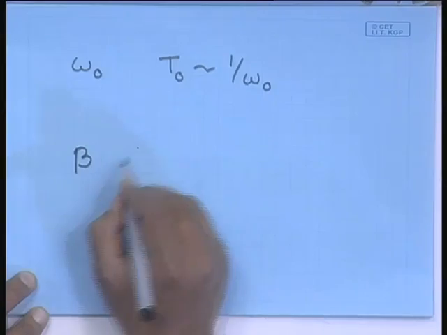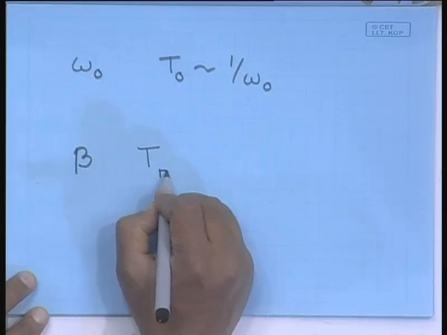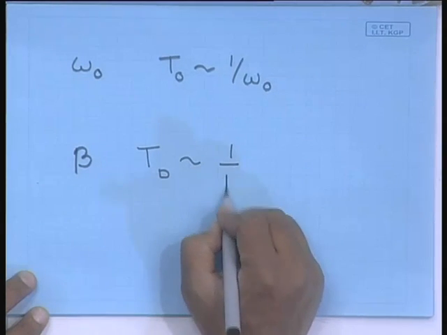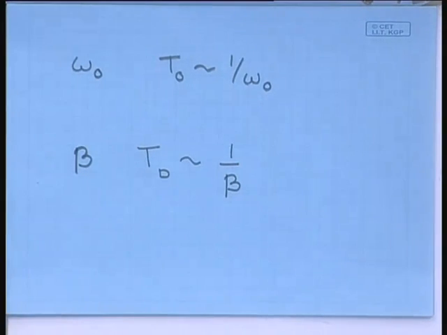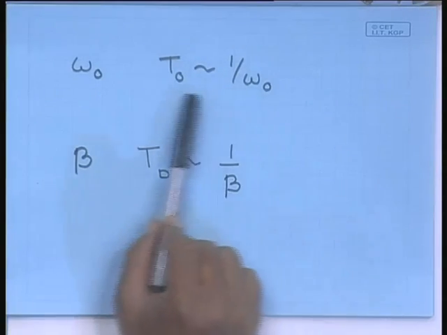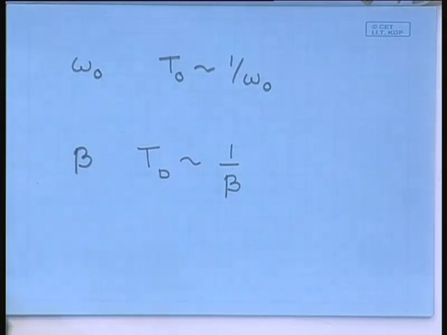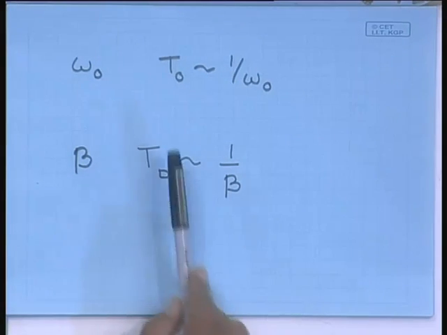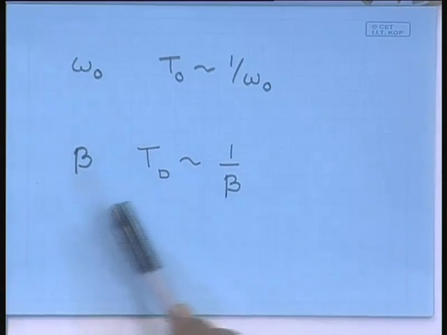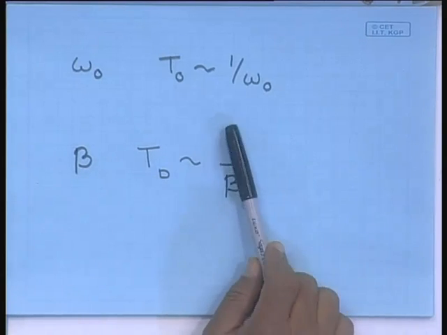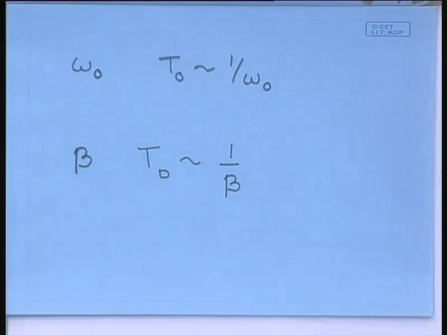When you introduce damping, you essentially introduce another time scale into the problem, and the time scale is there in the coefficient beta, and the damping time scale is of the order of 1 by beta. So, there are two tendencies in the situation. There is one corresponding to oscillations, and that has a time scale of 1 by omega naught, and there is another feature in this whole system, that is the tendency to decay, and that is of the order of 1 by the damping coefficient beta.